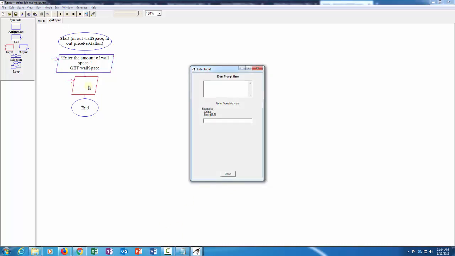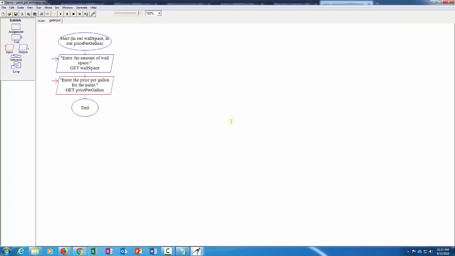And the same thing here inside of double quotes. This was the price per gallon. Enter the price per gallon for the paint. And then store that into price per gallon, like that. Okay. So there you go. I think that's all that we need to do for that procedure as far as that